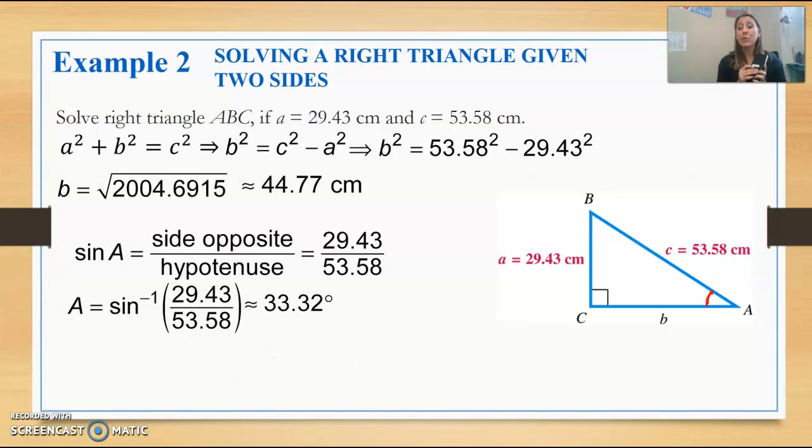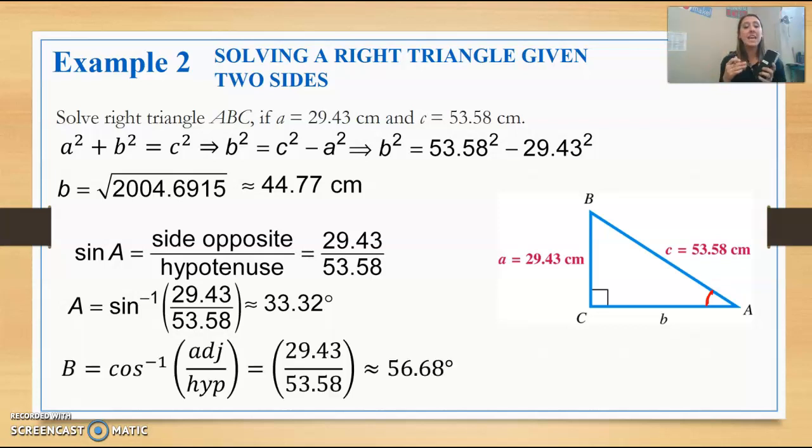To find angle B, I've got the adjacent side and the hypotenuse. So adjacent over hypotenuse, that's going to be cosine. So we're going to use the inverse of cosine, which is basically the same ratio, only we're using the inverse of cosine. So that's going to be inverse cosine, which is right next to the sine. And we're going to type 29.43 divided by 53.58. Close that parenthesis, and I get 56.682905856,